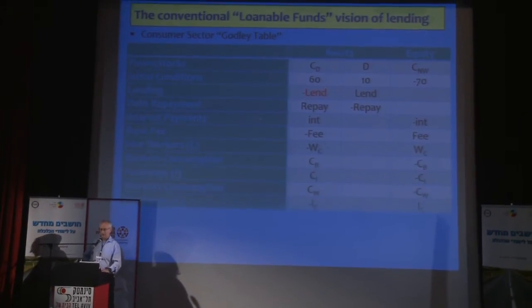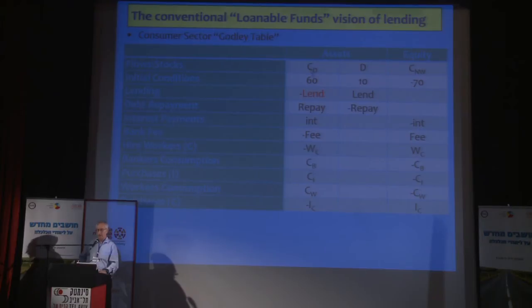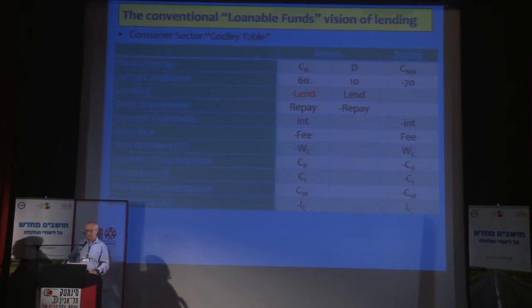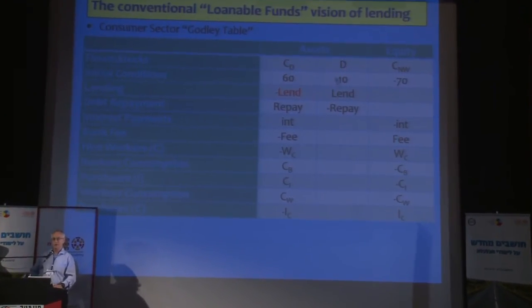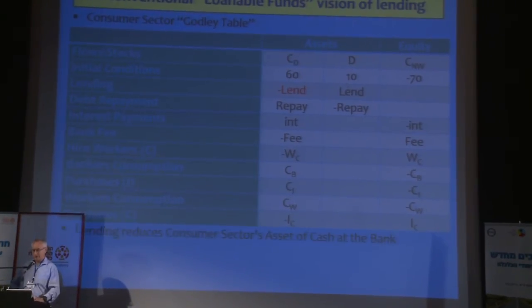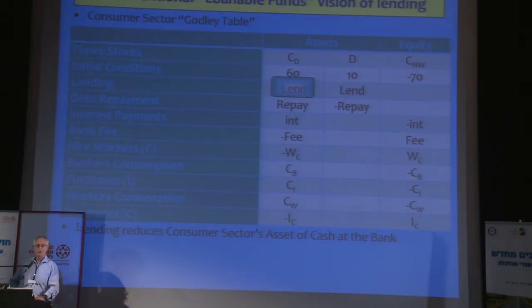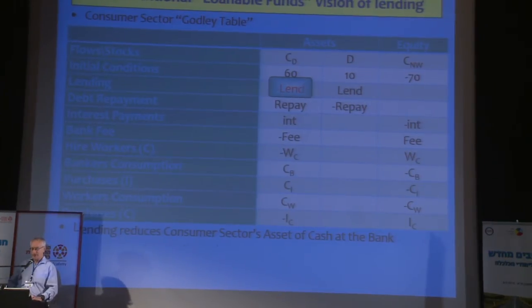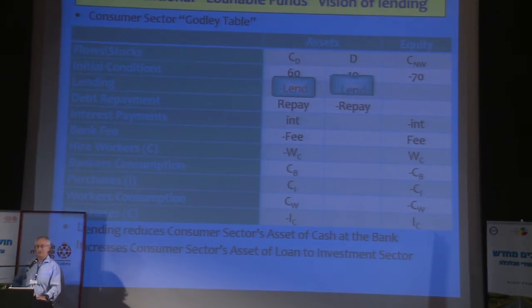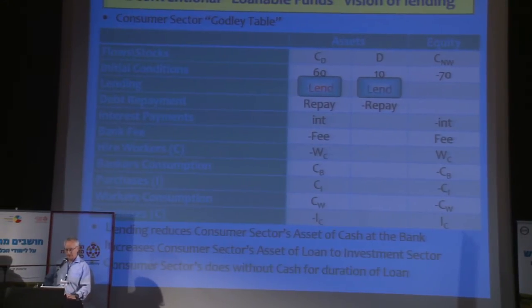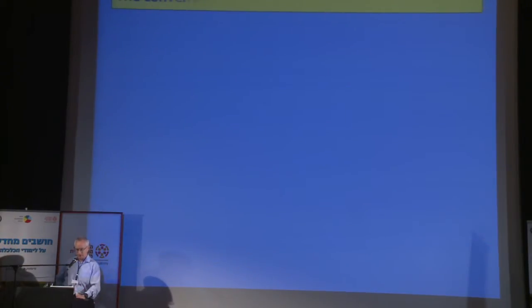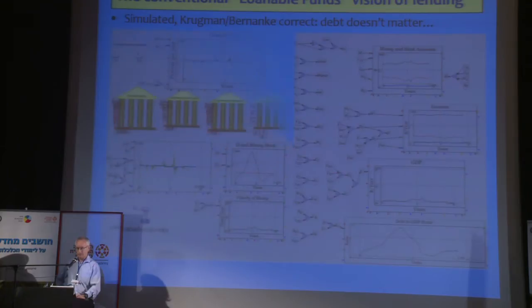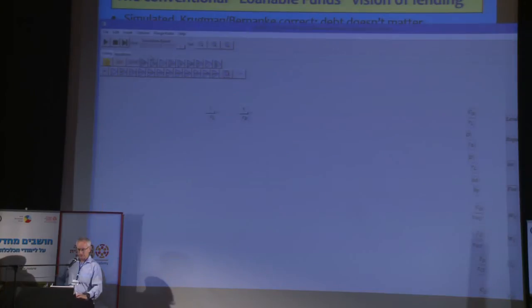And now the consumer deposit at the bank is shown as a positive sum because it's an asset of the consumer sector, and the debt is shown as a positive sum because debt is an asset of the consumer sector, the debt the investment sector owes to it. So lending reduces the amount of cash inside the consumer agent's bank account, but increases the asset they have in the form of debt with the investment sector. And of course the consumer sector has to do without cash in the meantime, so is likely to spend less. Put it all together, and this is now the combined flowchart and double entry bookkeeping vision of Minsky, but I'll